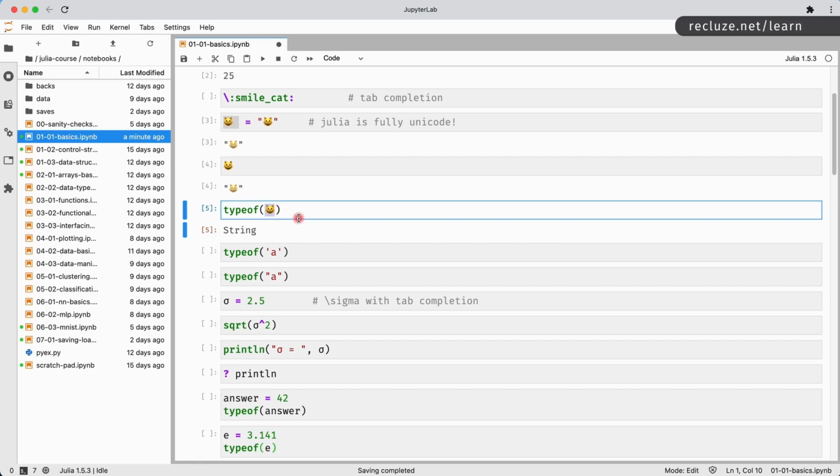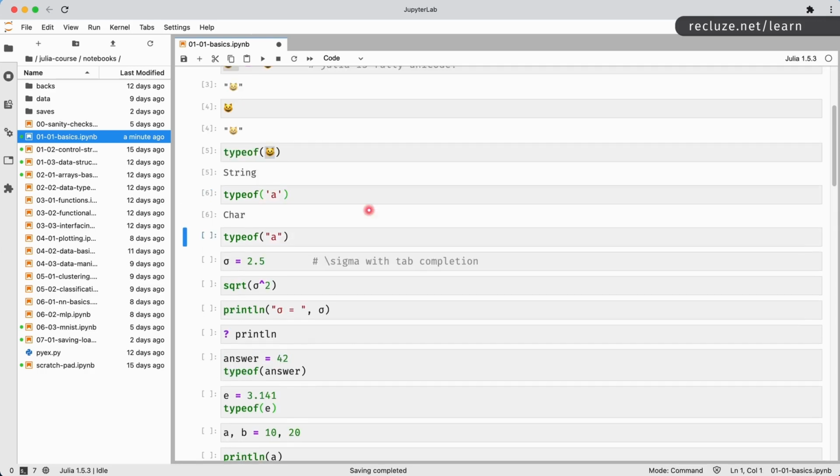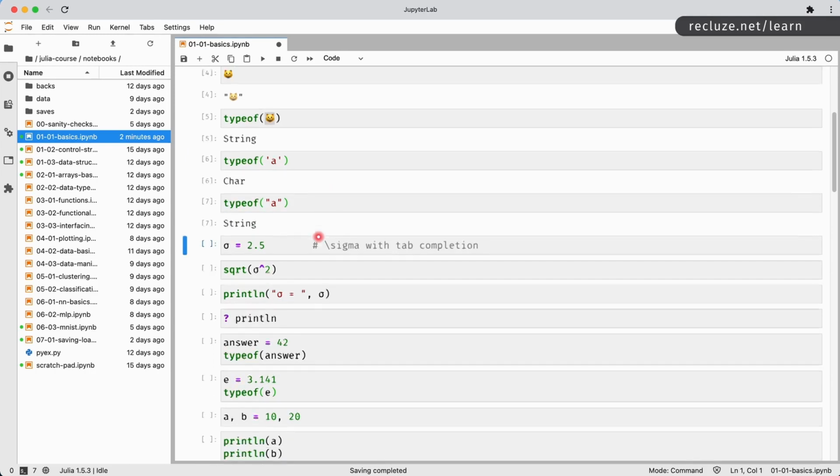Always they are going to have a type, and Julia is somewhere in the middle of Python and C++. It is going to have very strong types, and types have hierarchies in between them, but you don't have to explicitly specify them unless you're doing optimization of the code. Okay, we'll come back to this when we get to the machine learning part. You can say type of this A, and this is a character. Now notice the difference between double quotes and single quotes in Julia. In Julia, strings are defined using double quotes, and single quotes are used for single characters, just like C. Okay. Type of double quotes A is a string.